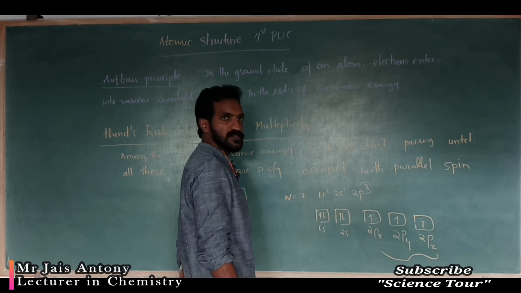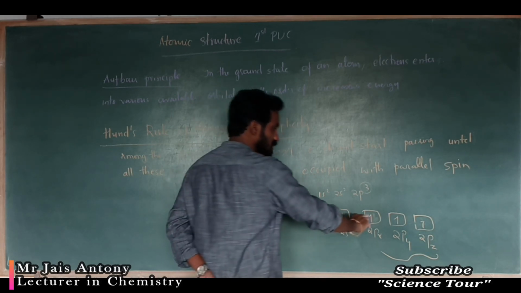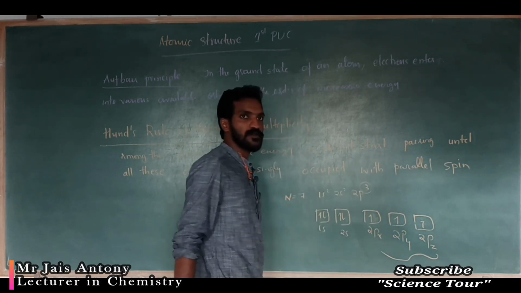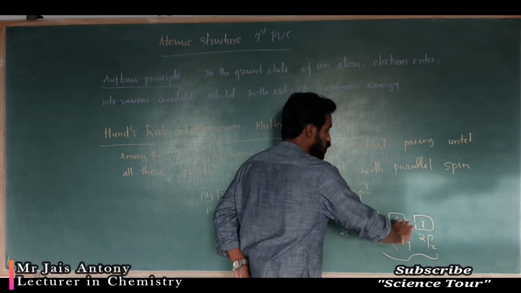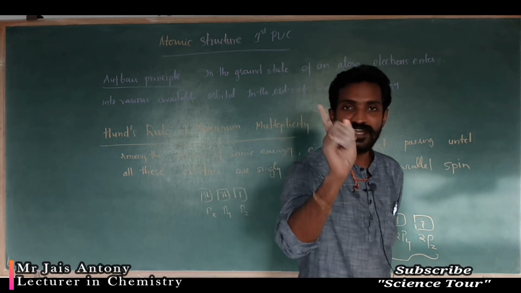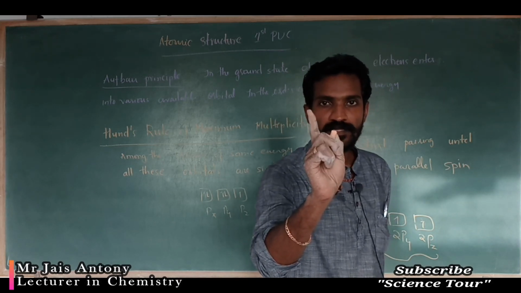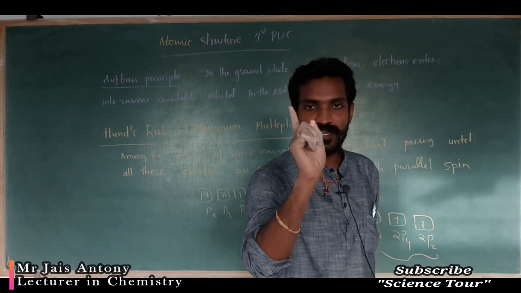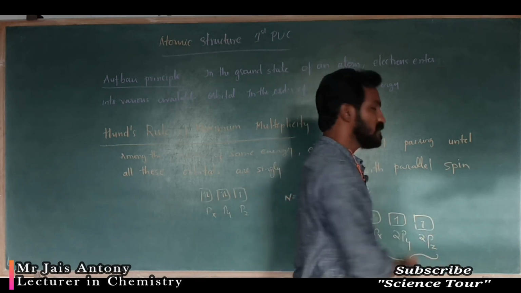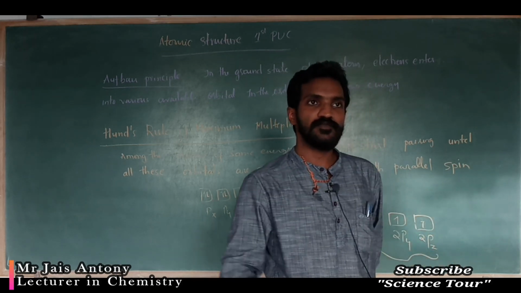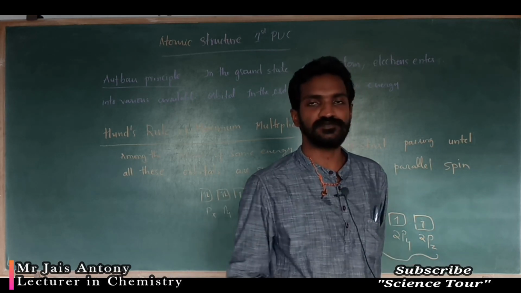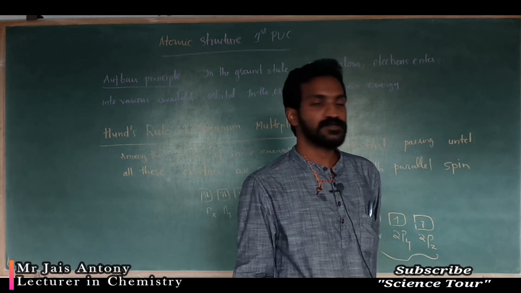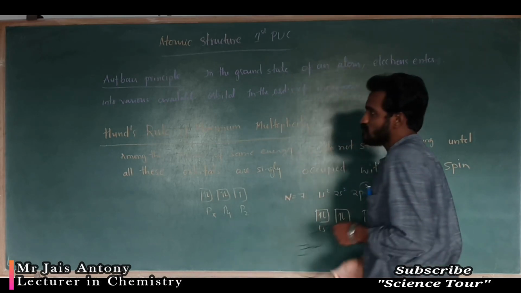Like that. If an extra electron is remaining, then we have to pair up that electron. Understood? Pairing takes place only after each orbital is given 1, 1 electron. Same energy orbitals are given 1, 1 electron. In this case, you have to give 1, 1 electron. If an extra electron is there, then pairing will take place. Okay.